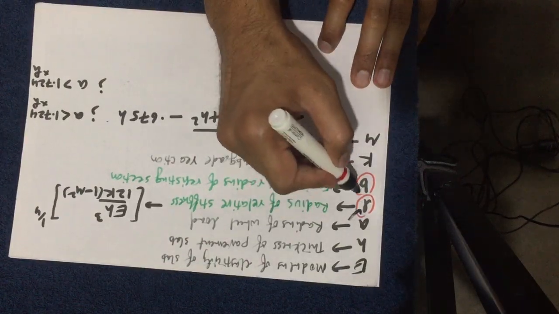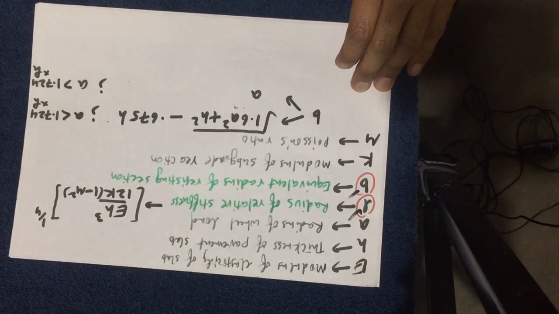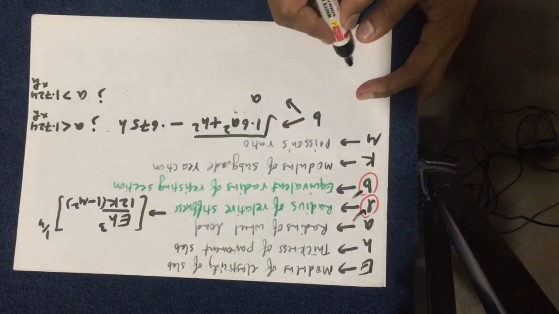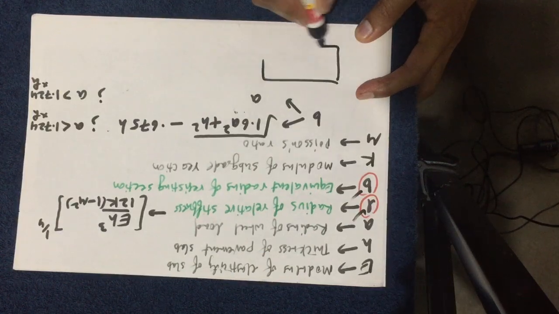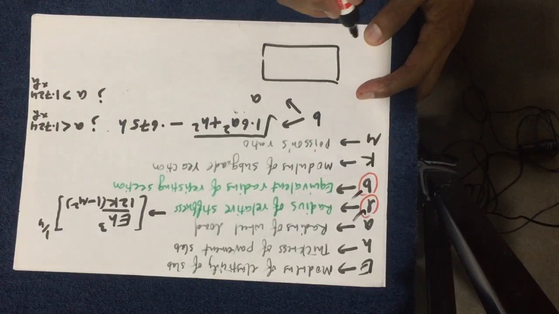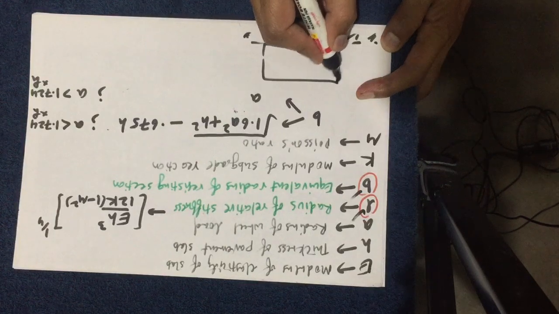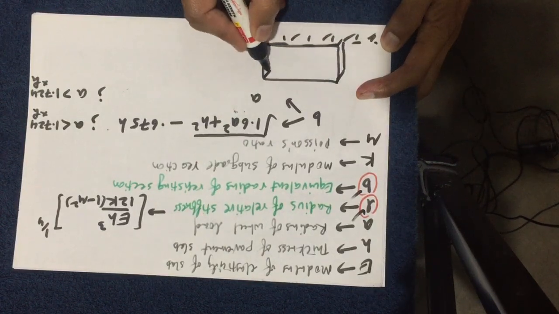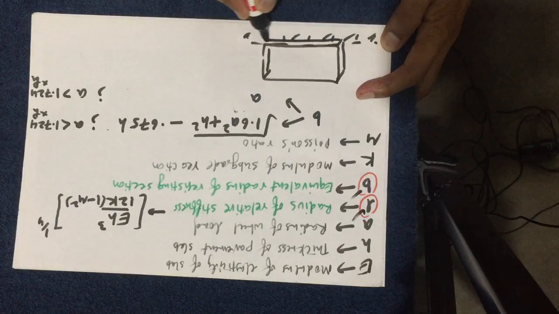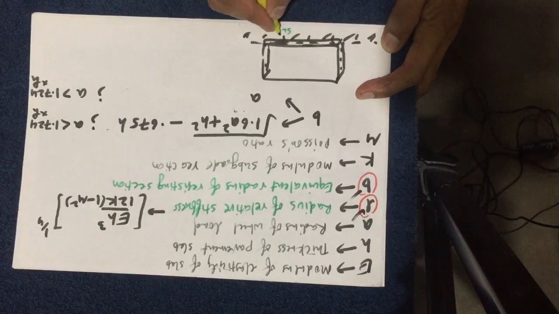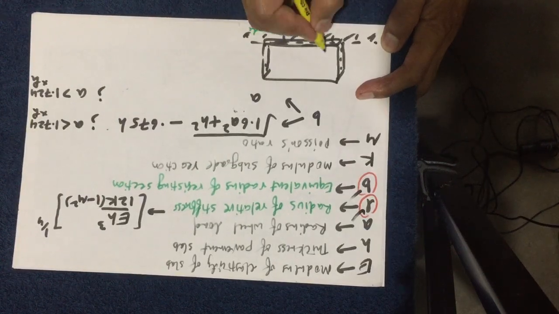Now the thing is what these two terms actually are. If I draw a slab here, and below, just imagine, is the subgrade soil. This is the slab in the 3D diagram, and this is the soil subgrade. So the bottom is the soil subgrade, and this is the CC slab.